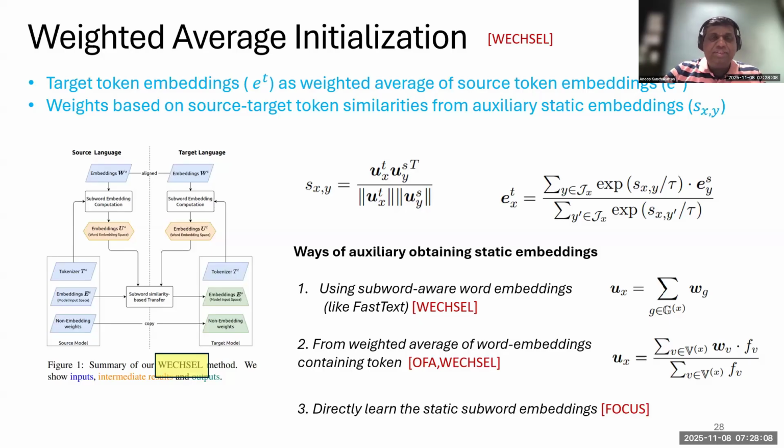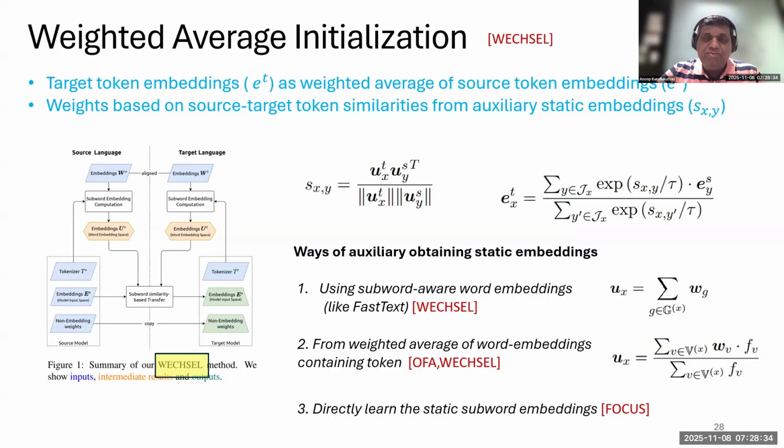And there are a bunch of methods here. All of them rely on some sort of auxiliary static embeddings, word2vec style embeddings, to get these similarity values. So I'll just mention a few of the prominent ones. So one way to do it is okay, so your new token